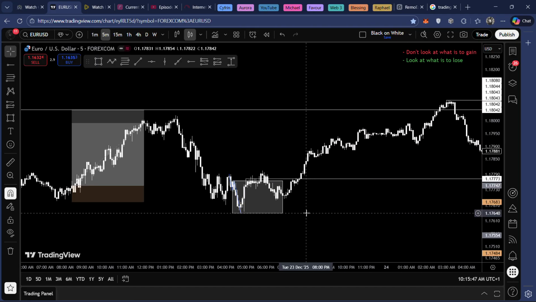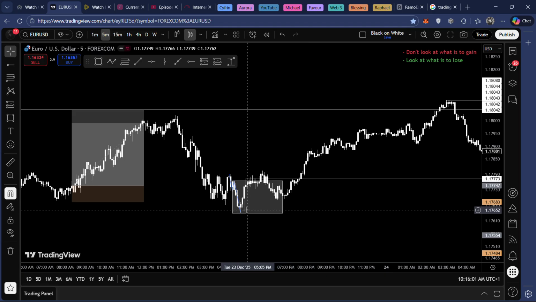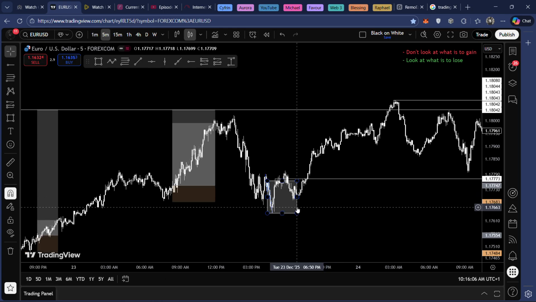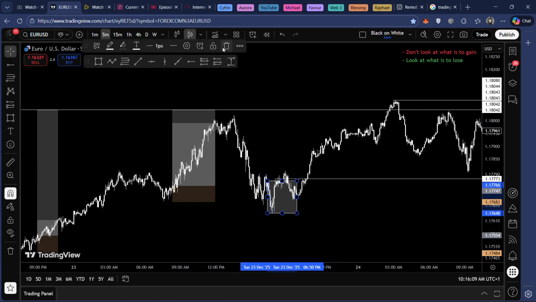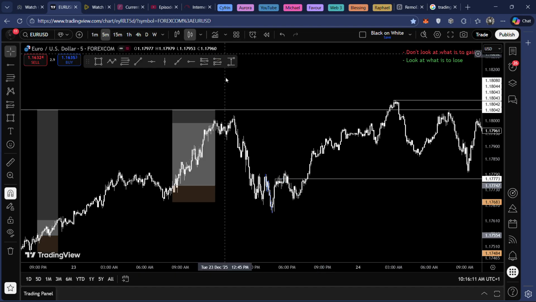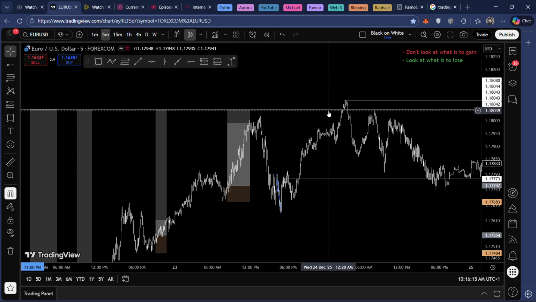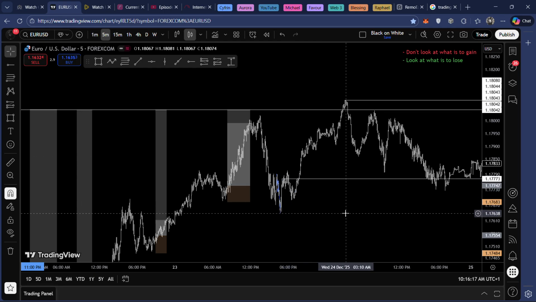We must wait for that straight move. Though I will cover some nuances, like a video that will cover variations of how the move can be, something like this. There's a specific one I actually want to explain, but I will explain it in another video, as this has become the longest video in this series. You see, even though this went to the supposed take profit, it's not an entry, we should have